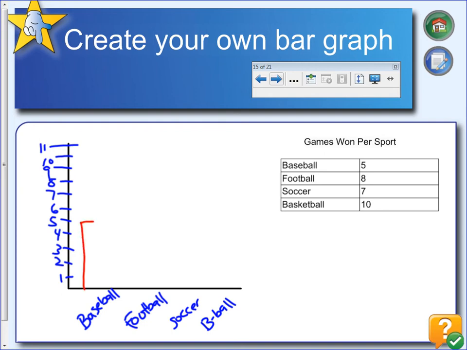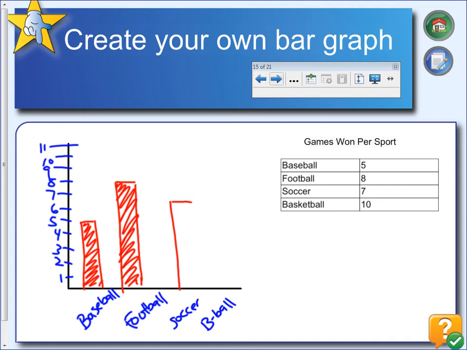We're going to draw our bar, and why not, we can fill some of that in. And we're going to go to football. I'm sure you guys have done this stuff before, but if you didn't, please pay attention to what I'm doing. Football, we go to 8, and we draw the bar, and we can color that in if we'd like to or not. Next one is soccer. Soccer is at 7. We're going to go over to soccer, draw a line, draw our bar,